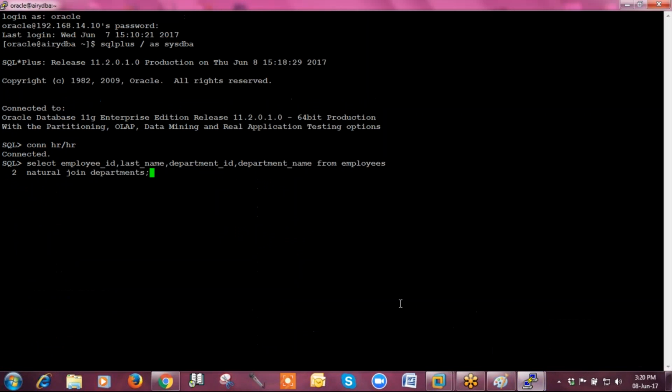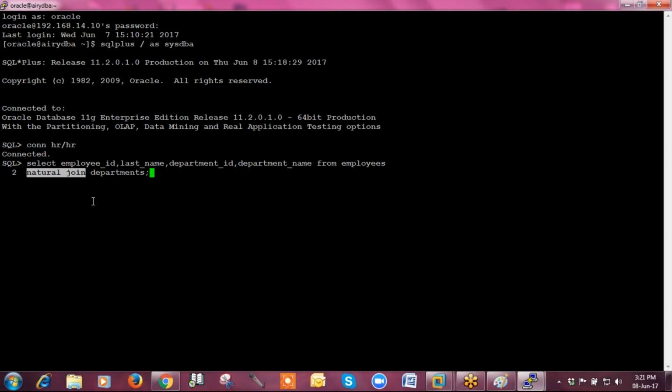The meaning of natural join is what? Here you can see I have not given a common criteria to create a join between two tables. I just written that natural join keyword here. So what this natural join keyword is doing, it will see in both the tables how many columns are with the same name. First thing is the same name. Second thing is their data type is also the same. One thing is the name must be the same, second thing is the data type will be the same.